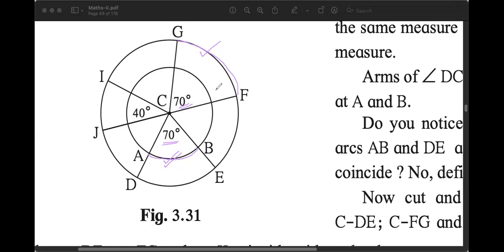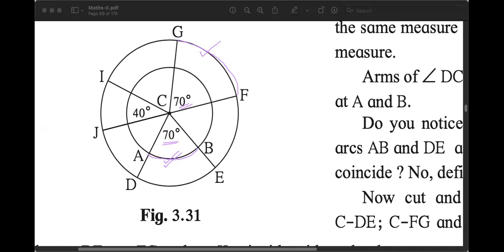You can clearly see and tell. If you're not seeing, then you will not be able to tell. Look at the diagram. If we keep AB on GF, will it cover it completely and exactly? If it will, then yes. No, it is not. AB is much shorter. They are not congruent. Who is saying they are congruent?